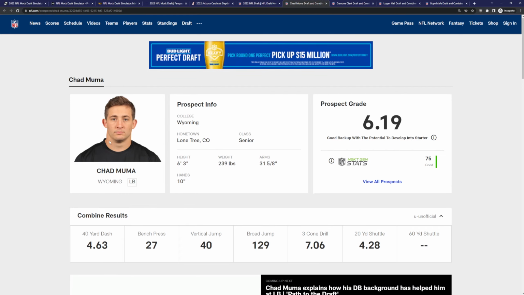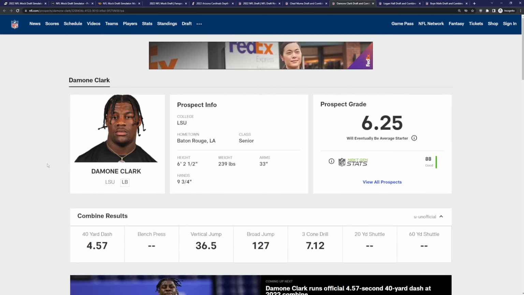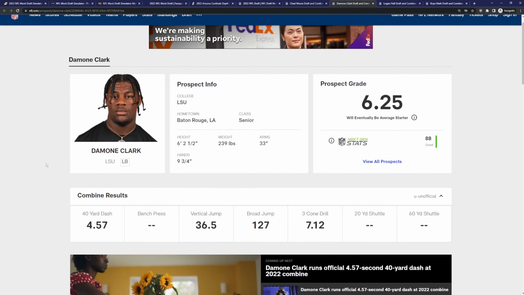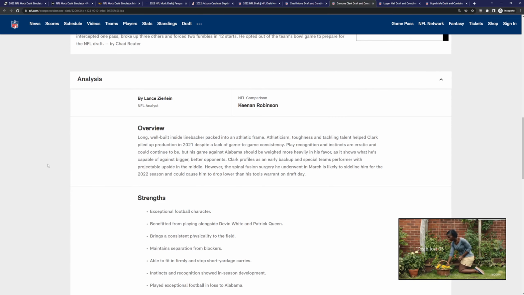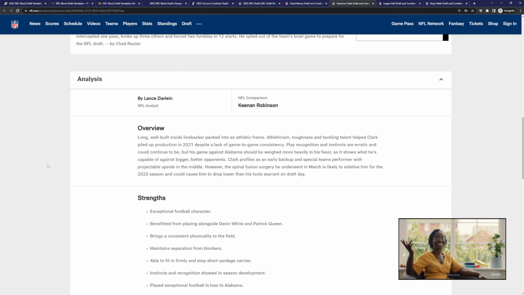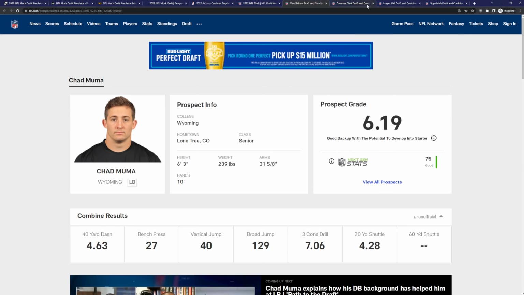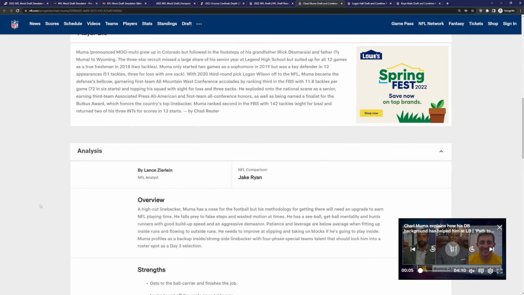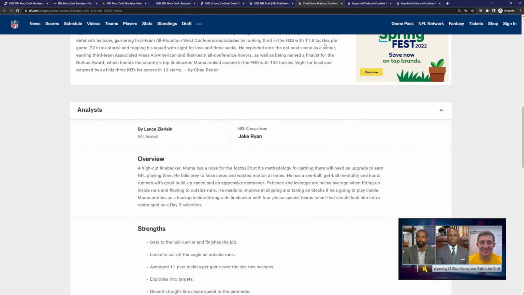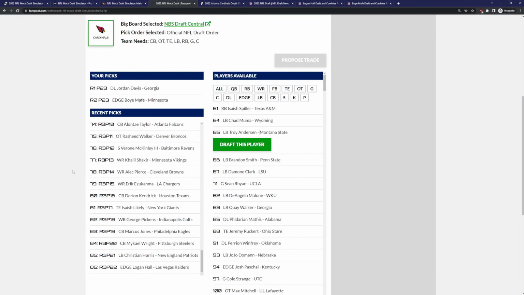That just looks like such an average guy. Just like, hey, what's up? Damone Clark, 6'2". I mean, I can't draft another linebacker, right? Okay, so I'm thinking